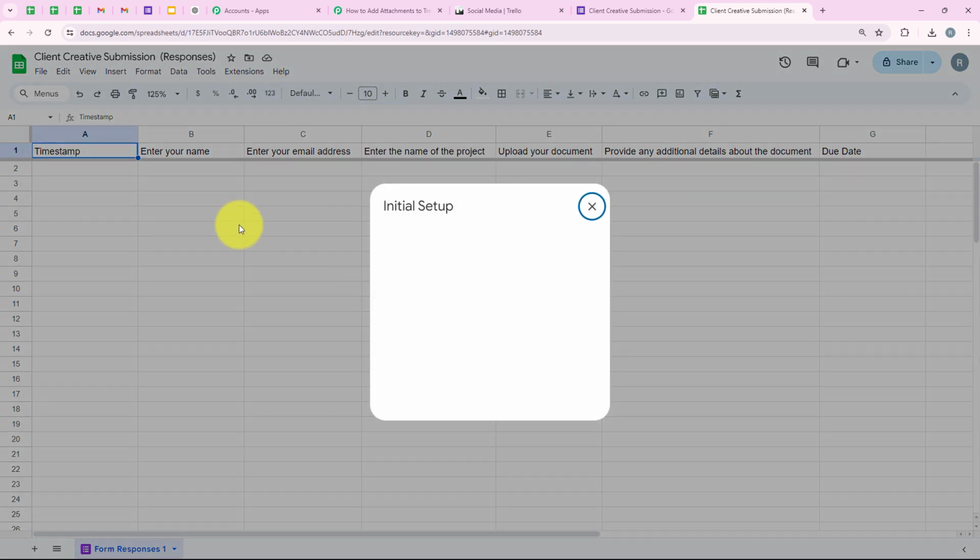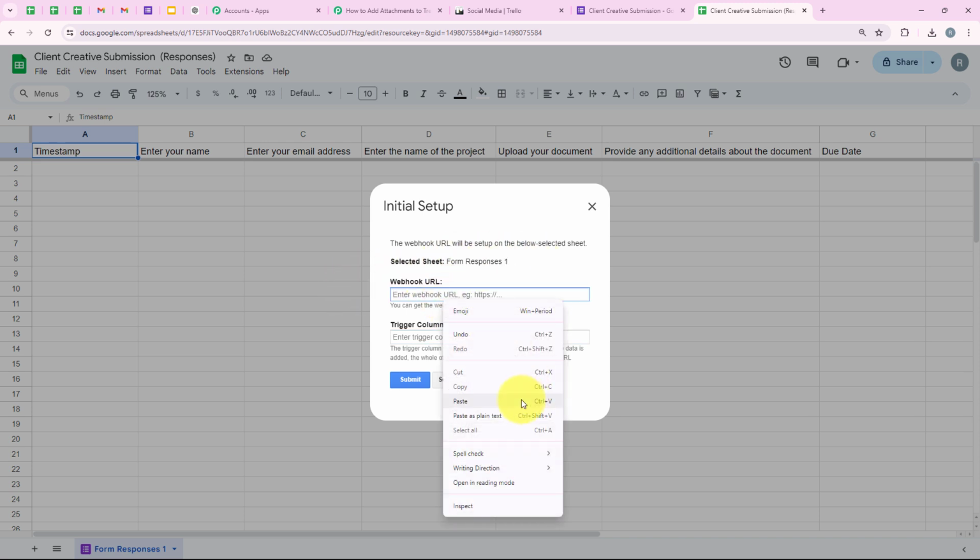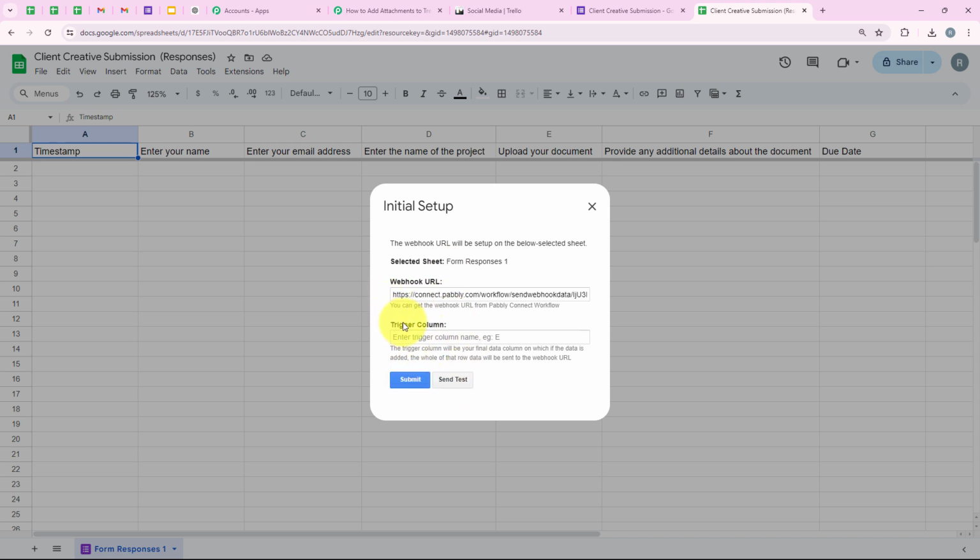And as soon as we open the initial setup, it is asking me to select the sheet, webhook URL, and the trigger column. So as you can see, the name of my sheet is form responses. So I'm going to select the same right over here. It is saying webhook URL. So we are going to paste the URL we copied from our workflow, and now it is asking me for